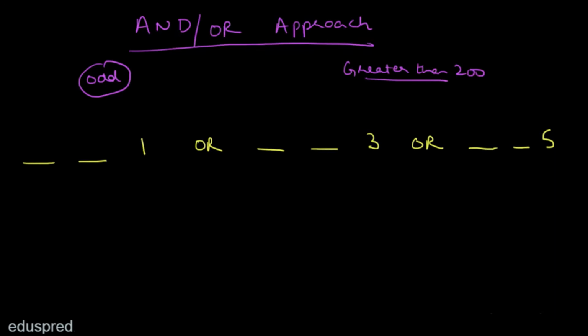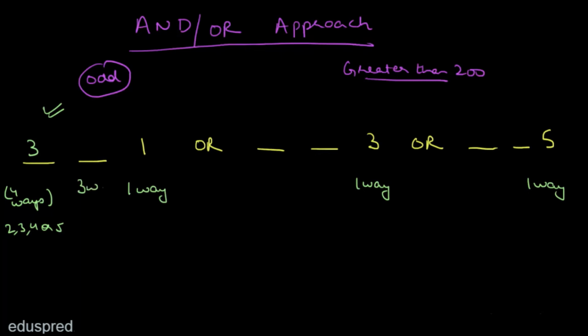So that means we are assuming that the third slot here can be filled in only one way. The third slot here can also be filled in only one way, and the third slot here can also be filled in only one way. Let's start with this. So given that the third slot is filled with the number 1, in how many ways can we fill the first slot? Well, the first slot can take the digits 2, 3, 4 or 5. So there are 4 ways to fill the first slot, and for the sake of example, let's write 3 here. Now having utilized 2 digits, in how many ways can we fill the second slot? Well, this is trivial, so we can fill the second slot in 3 ways.